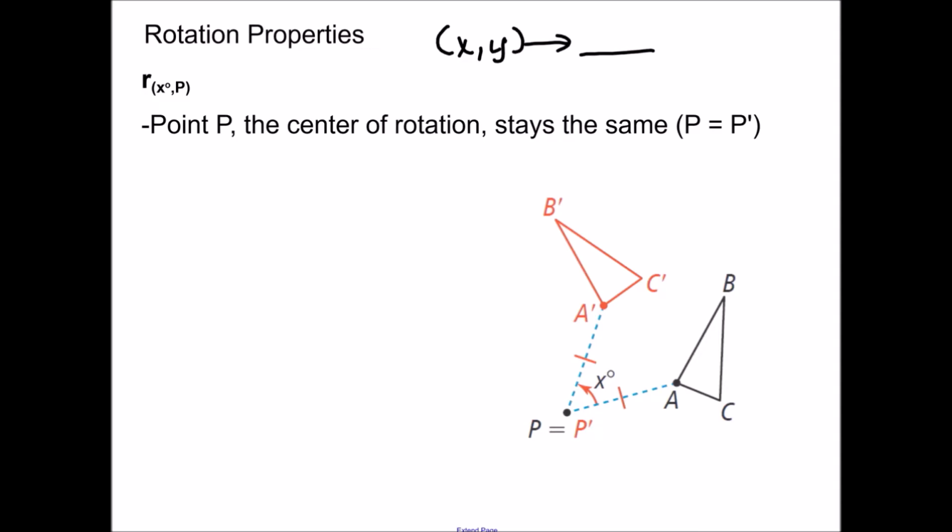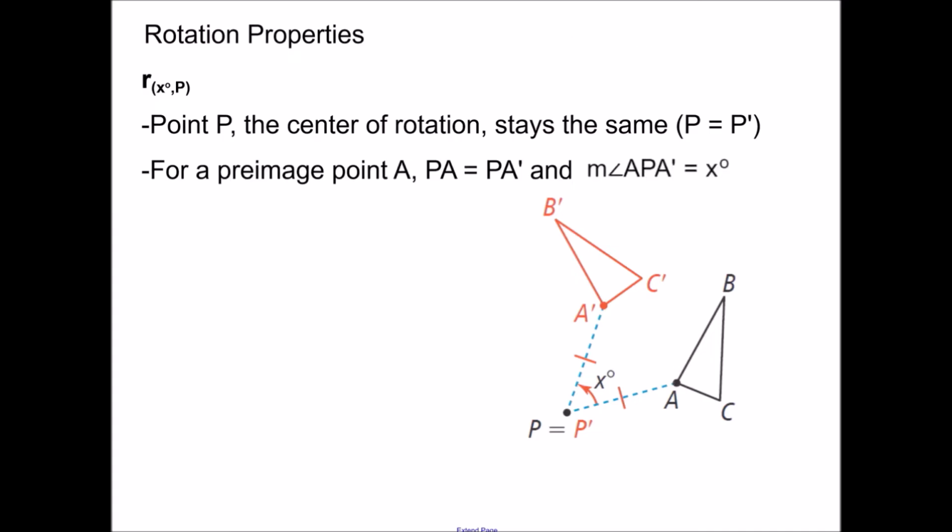Notice that we have the triangle ABC, and when you're trying to rotate it about point P, you're drawing a dashed line indicating the distance from P to A. That line has to be the same distance as the line from P to the image of the other triangle. So basically you have to measure this distance from P to A of this line segment, and then